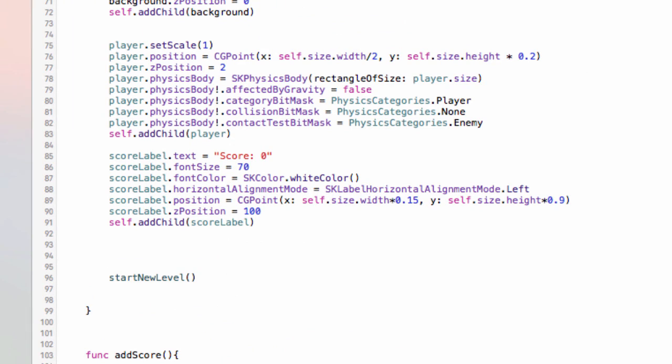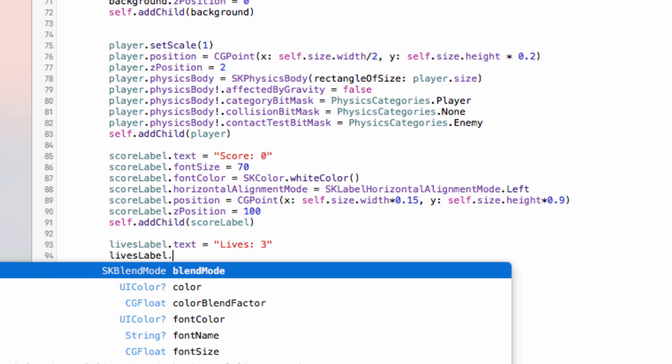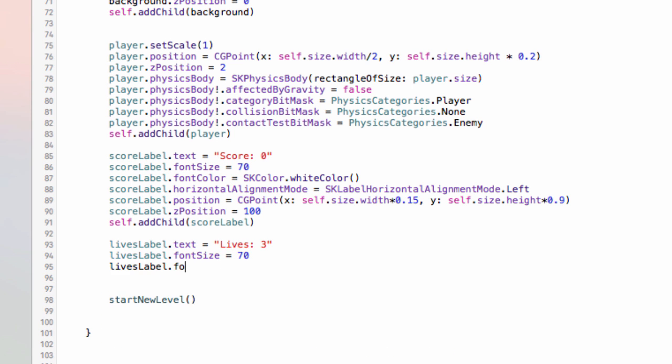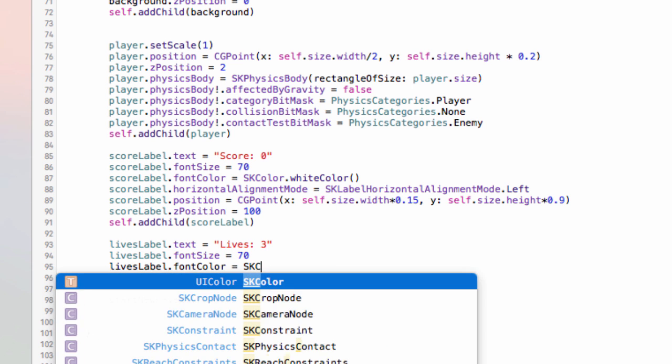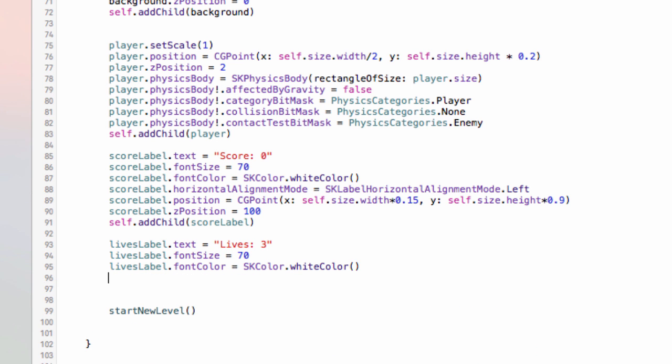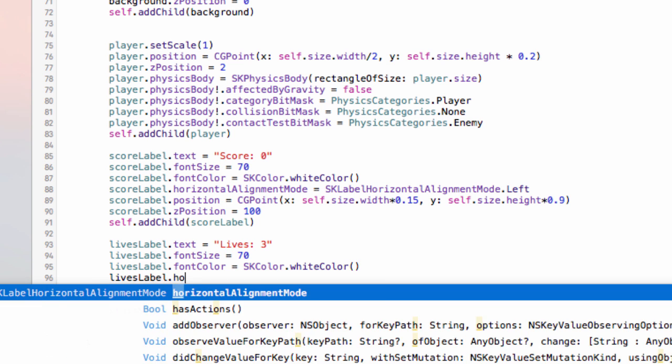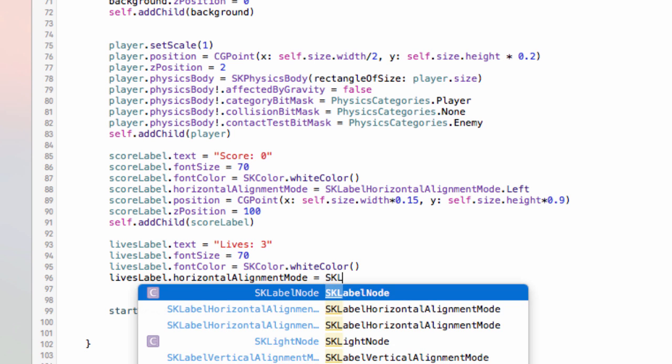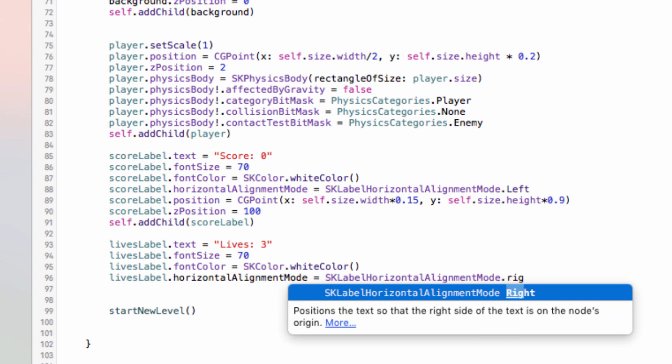Into the didMove to view, we will give it some starting text that will say Lives: 3. We'll give it a font size of 70, font color of white, so SKColor.white. And just like with our score label, which is on the left hand side of the screen, we set the alignment to left. As this label's on the right, we're going to set this alignment to the right. This label will not be getting bigger, so the label won't be expanding, but it just makes it easier to position it in place. So livesLabel.horizontalAlignmentMode equals SKLabelHorizontalAlignmentMode.right, and